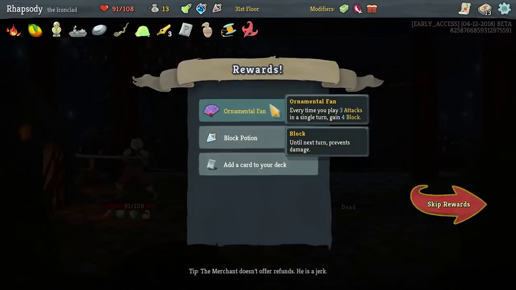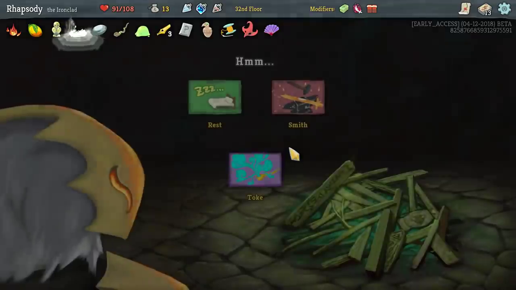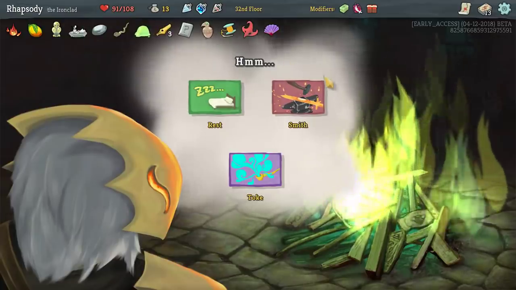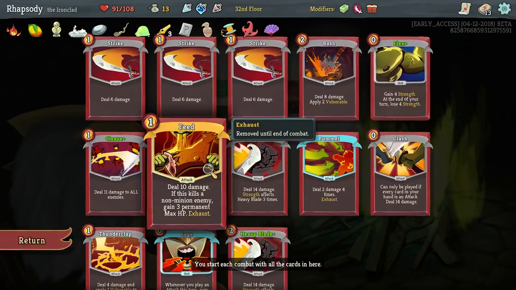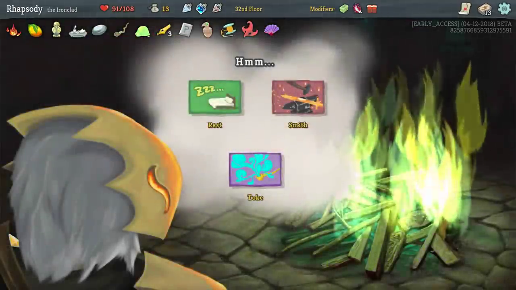Ornamental Fan. Whenever you play 3 attacks in a single turn, gain 4 block. So that's 4 block a turn for us, basically. No. We will drop the Dex potion for a block potion though, because we don't actually utilize Dex at all. You can see I've never rested on this floor, but I'm still on 91 HP. Despite having almost no defend in my deck, the Feed healing us up a little bit every single time it increases our maximum HP, how quickly we end our fights, Rage, and the Thread and Needle have kept us...